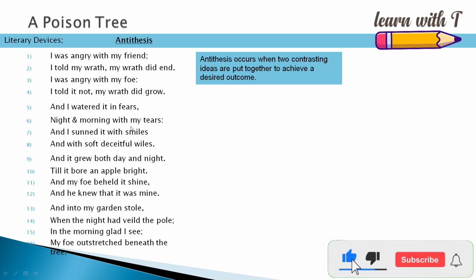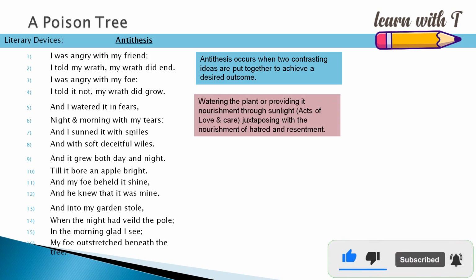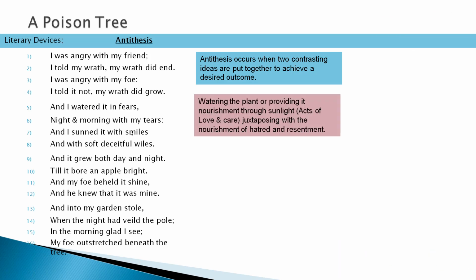In stanza 2, the poet has juxtaposed the act of nourishment of a plant with the nourishment of hatred and resentment. Watering the plant and providing it nourishment through sunlight are acts of love and care. But they are juxtaposed with the nourishment of hatred and resentment here in stanza 2, where the speaker is telling us about his resentment towards his enemy and how he is growing that resentment by watering it with fears and then taking care of that hatred with tears and then providing it sunlight with his smiles. So these are basically acts of love and care and nourishment, but they are juxtaposed with the nourishment of